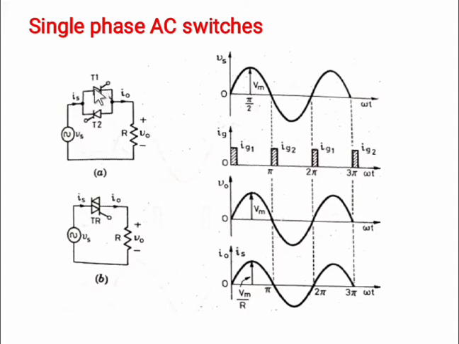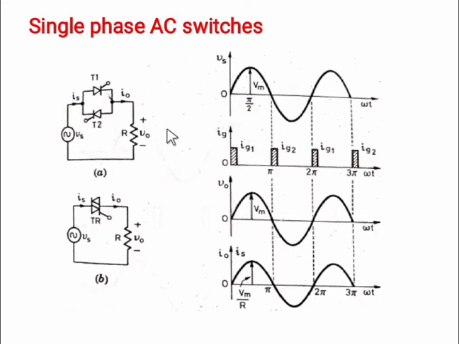So thyristor T1 is in forward bias conditions, whereas thyristor T2 is in reverse bias conditions. If we apply the gate signal Ig1 to thyristor T1 at this point, the positive half cycle will flow from the source through thyristor T1 to the load. Now in the negative half cycle, thyristor T1 will be naturally commutated, because at this point the anode current flowing through thyristor T1 is reduced below the holding current.